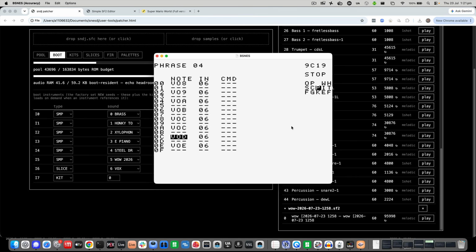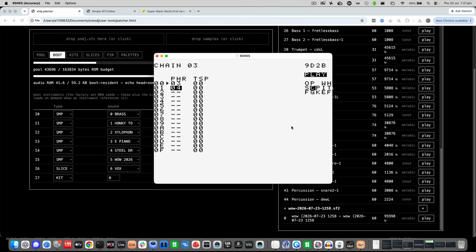We're just playing that a few times. Oh, slice instruments won't respect transpose. That's right. Okay, so